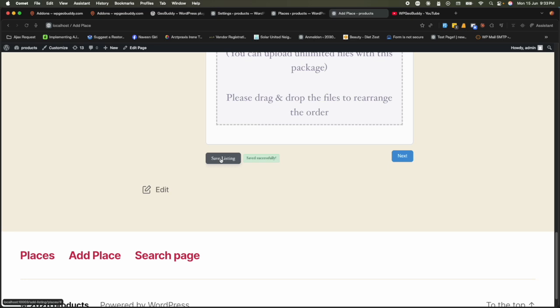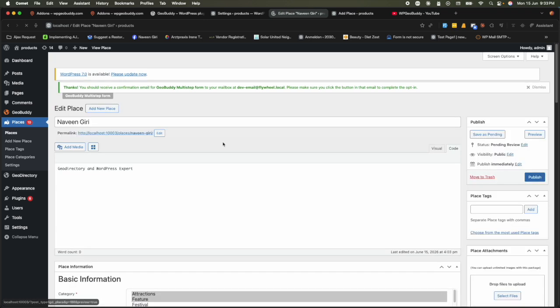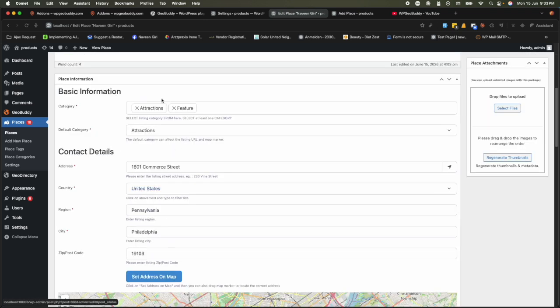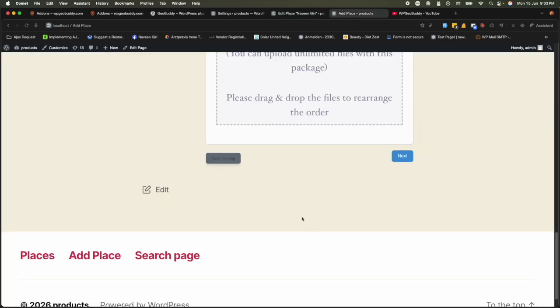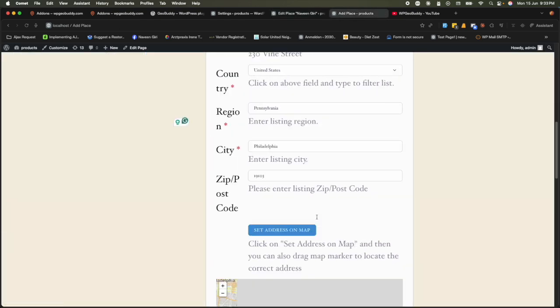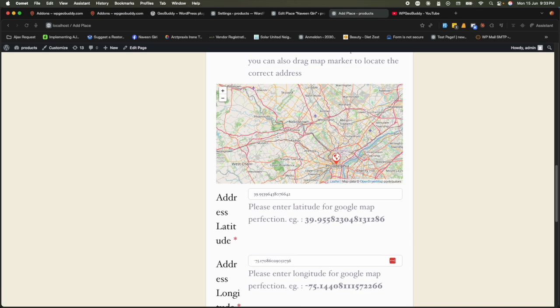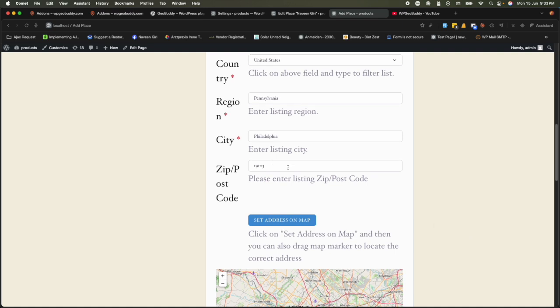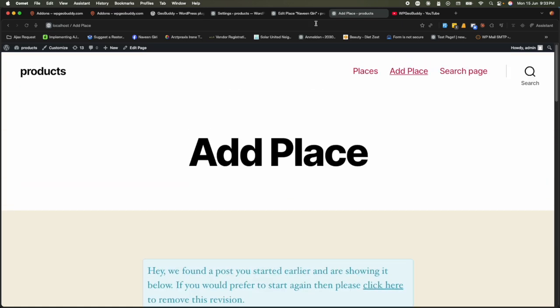But if I click on save listing, now if you refresh, you have a pending listing, as you can see, with all the information that has been saved until now. You will see them here. And the good thing is you get this button on each step. So on every step the user can save the listings or save the data that they have filled until now. And they can always edit their listing